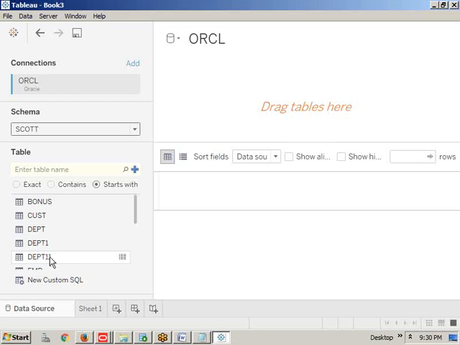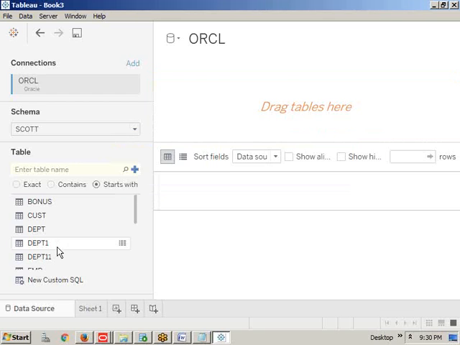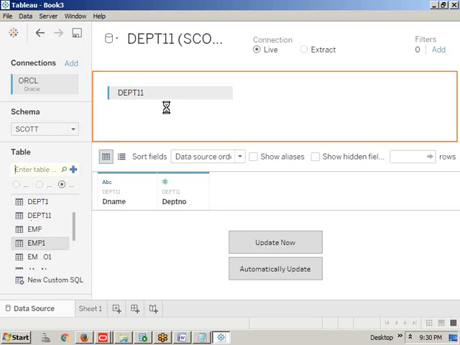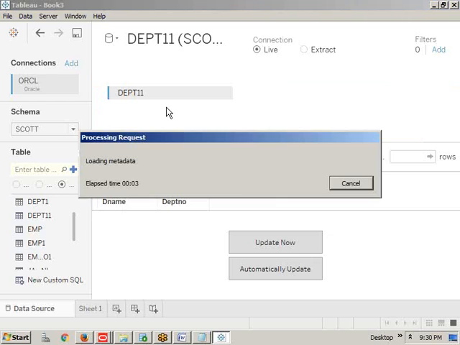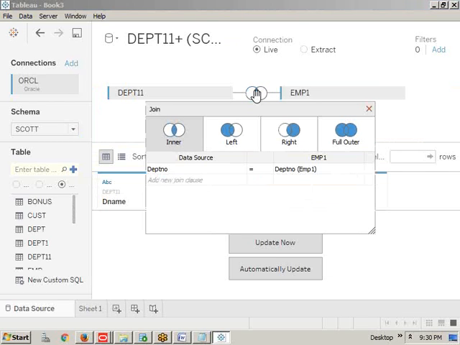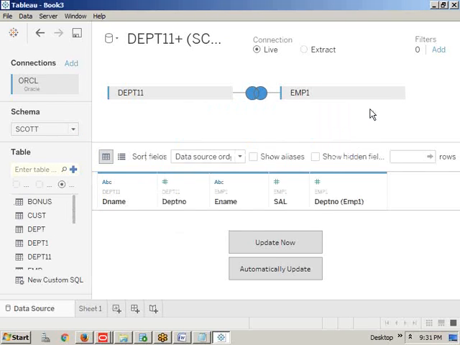So DEPT11. Yeah. Then take EMP1 here. Yeah. Between these two things, I want a full outer join. Now provide the full outer join. Now click here, then go to the